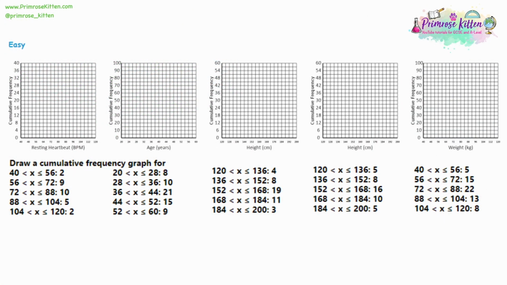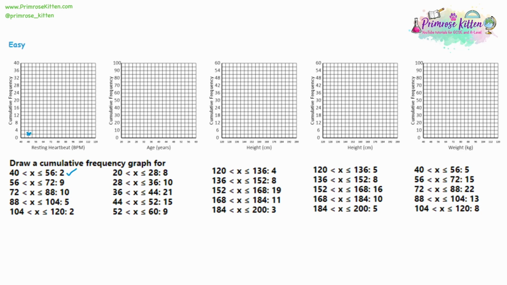Look at cumulative frequency graphs, and I will start off by drawing a cumulative frequency graph that is wrong to show you 2 really common mistakes. So at first glance, what a student might do is have a look at the data that's given to them in a table, and the first thing says that if we are in between 40 and 56, then there's a frequency of 2. So you might think, well, in the middle of 40 and 56 is 48, and we'll have a height of 2, and we'll draw a little cross there.